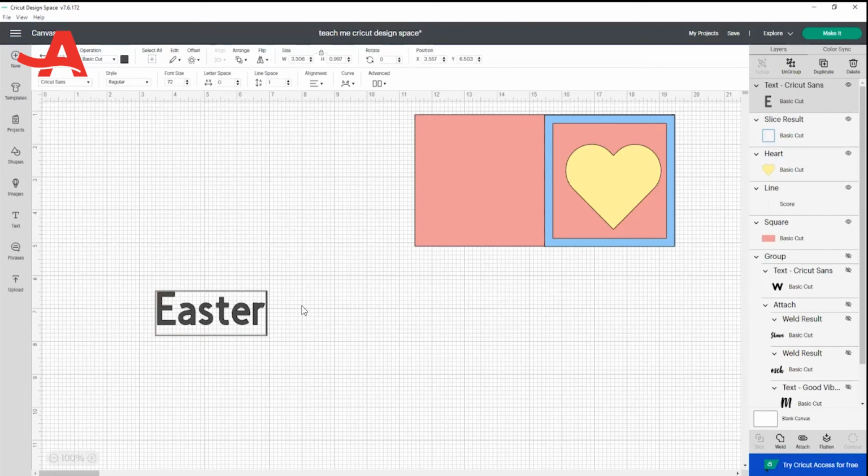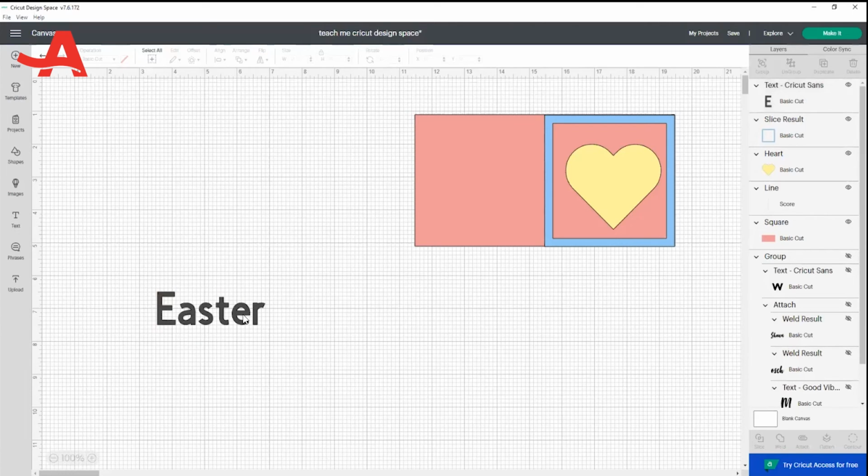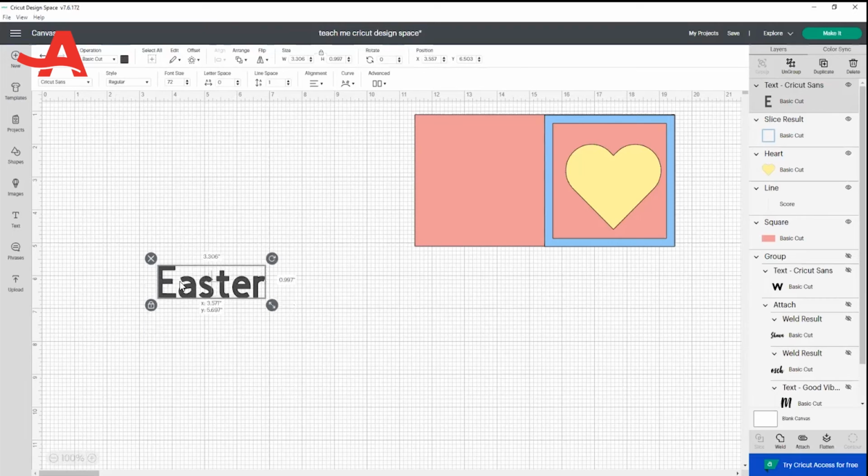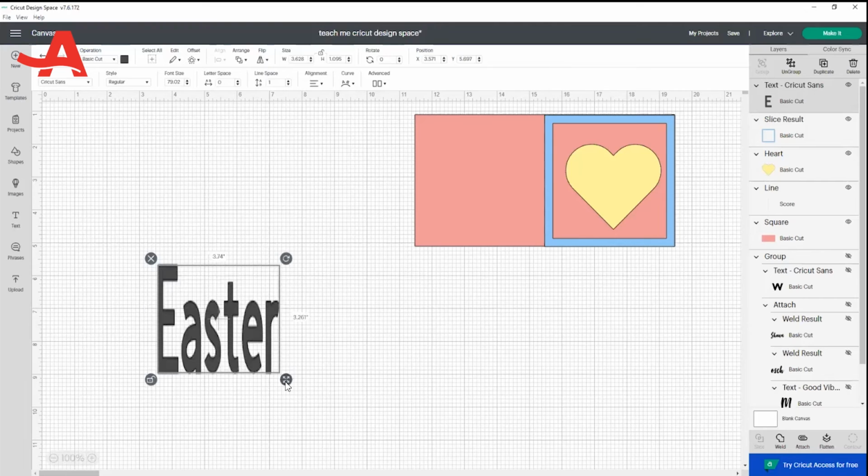Easter, okay? So if I wanted to make an Easter card, that's all I would have to do is type in the text right here. It's now going to cut this. Just like with images and shapes, I can delete it here, rotate it here, or with the rotate button up here. I can resize it